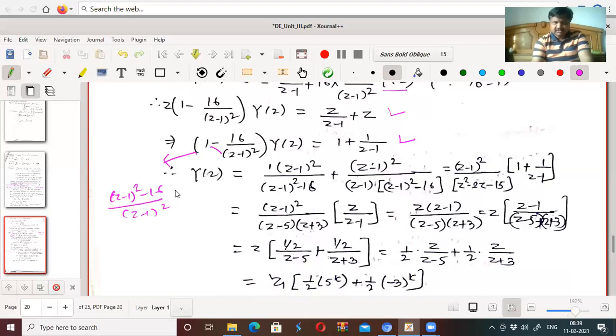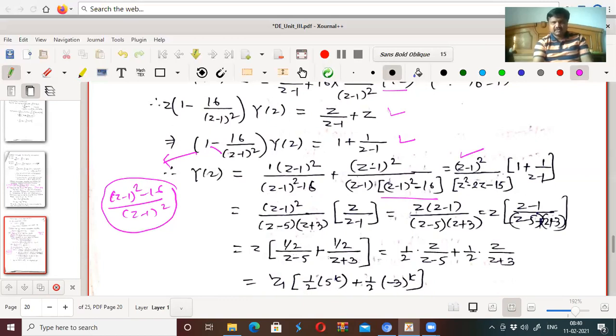Right. If this goes to the right hand side, what will happen? (z minus 1) square upon ((z minus 1) square minus 16) will be in multiplication with these two. So we get 1 into (z minus 1) square upon ((z minus 1) square minus 16) plus, right? Multiplying (z minus 1) square upon ((z minus 1) square minus 16) to this, we get (z minus 1) square upon this (z minus 1) as it is into ((z minus 1) square minus 16). Now in both these, this (z minus 1) square is common as well as (z minus 1) square minus 16.